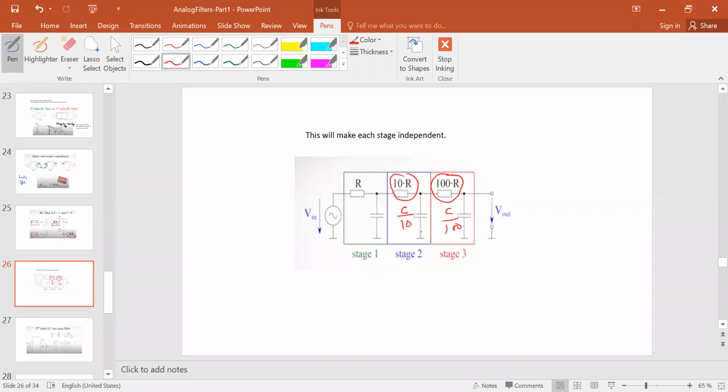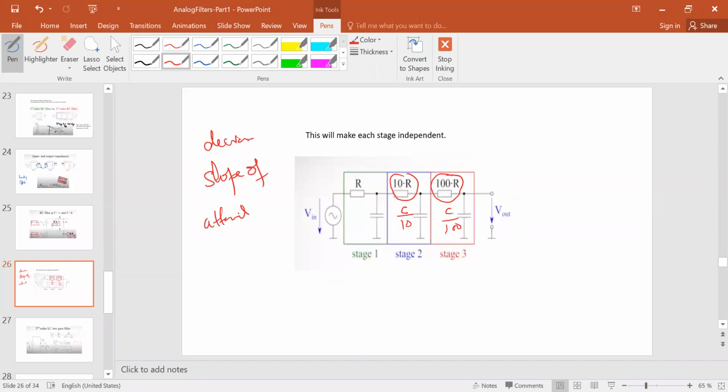Once I reduce the capacitors to this small value, they become picofarad, and they become so sensitive that I cannot use those capacitors when I'm designing it. So it really becomes not an elegant solution. So we have to find an elegant solution. We wanted to increase the slope of attenuation, this is our goal,